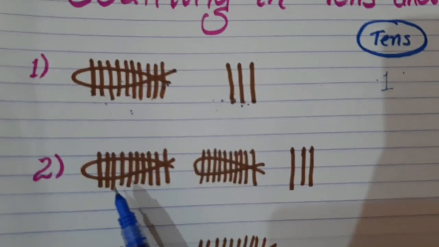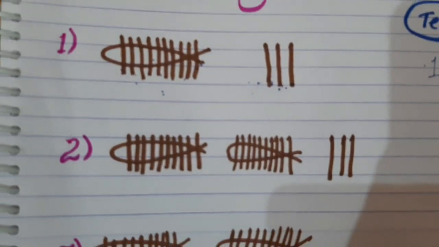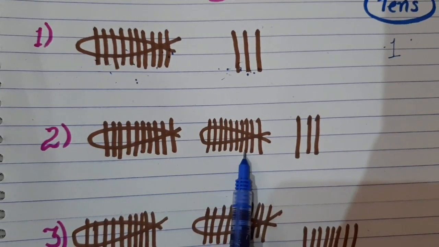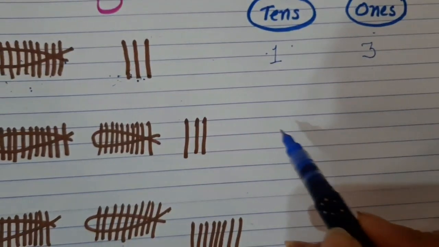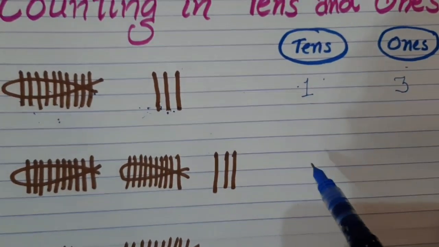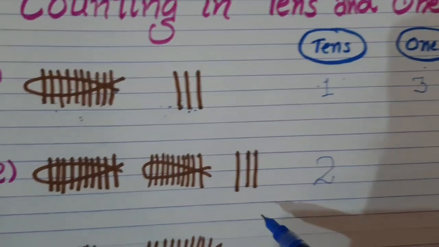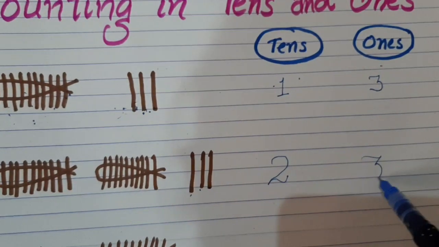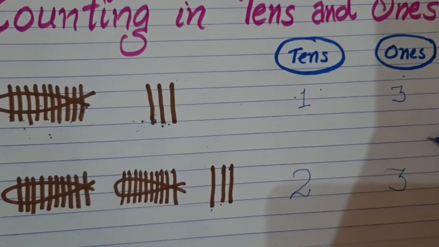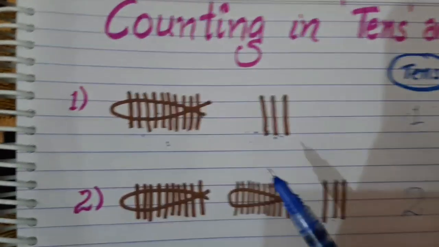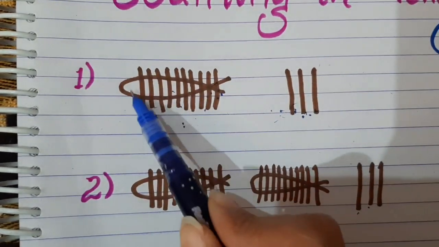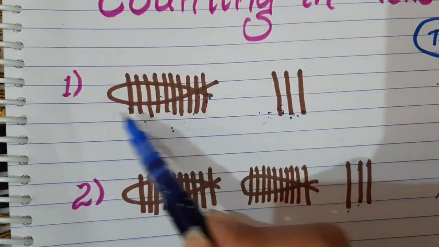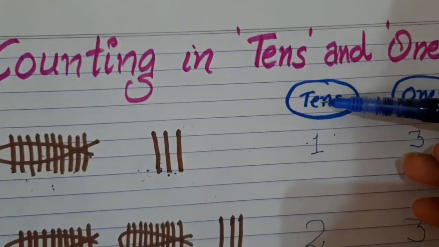Let's do another example. Now here are 2 bundles of 10 sticks. 2 bundles हैं 10 sticks के. So tens में हमें क्या लिखना है? 2 लिखना है. And loose sticks are 1, 2 and 3. 3 loose sticks हैं, then I'll write it in the column of ones. Okay, students, got it that जब भी हमने 10 sticks को एक बंडल में रखा है, it means वो 10 sticks का एक बंडल है, it means वो क्या कहलाएगा? tens कहलाएगा.